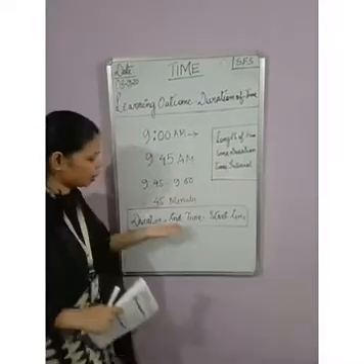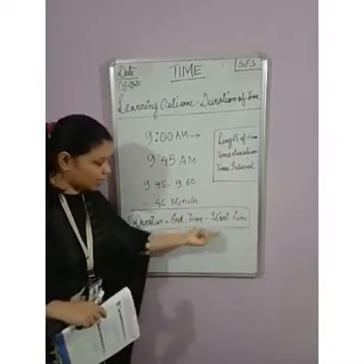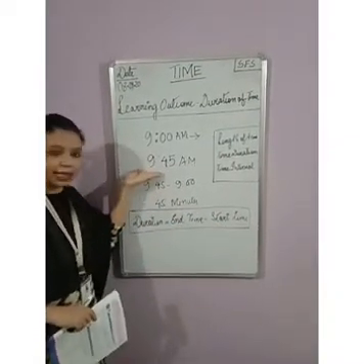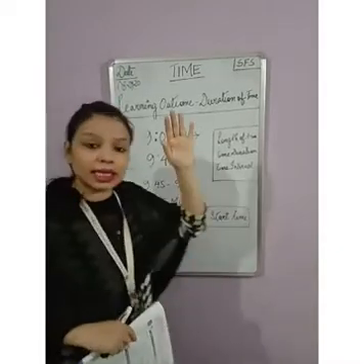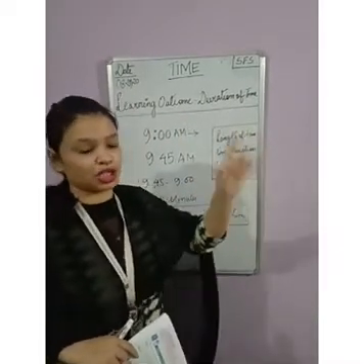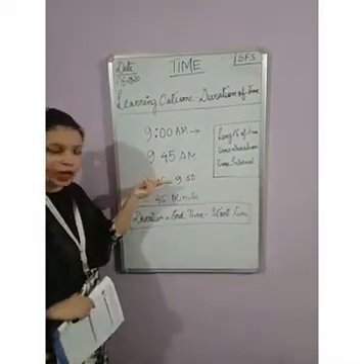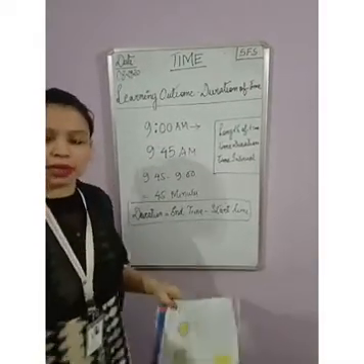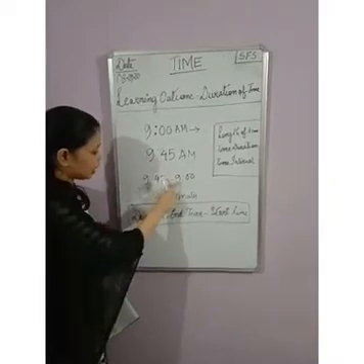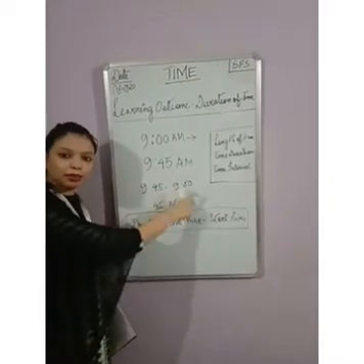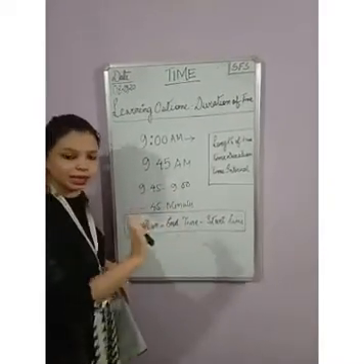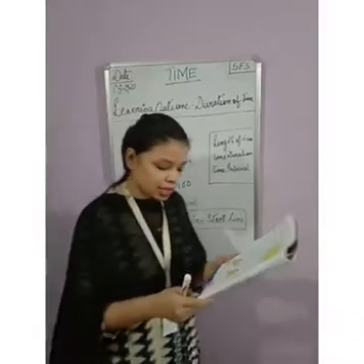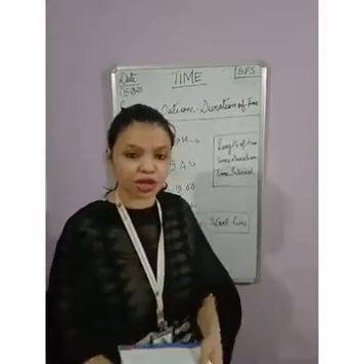And how will you find it out? That is the difference between the end time and the start time. What was the end time here? End time means the time that you have reached the destination. So the end time is 9:45. At what time you have started? You have started at 9 o'clock. So you have to subtract the numbers. Both 9 and 9 are the same, so we will subtract the minutes, not the hours. The hours are the same here. This is how we can find the duration of time.